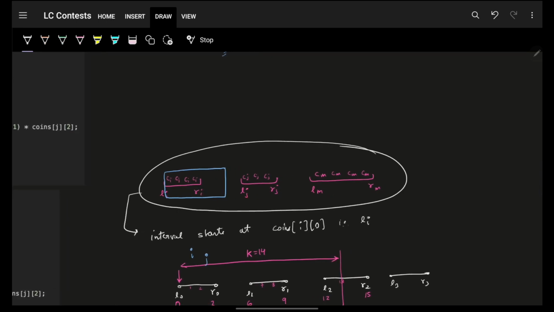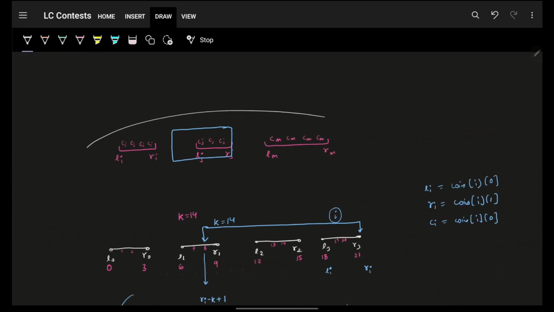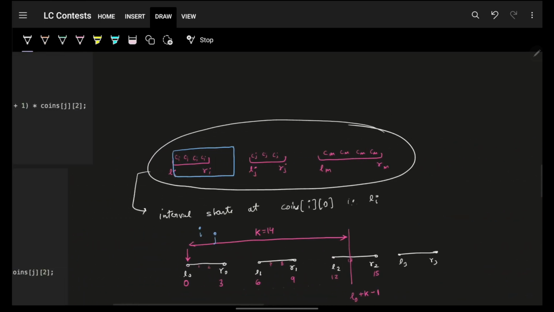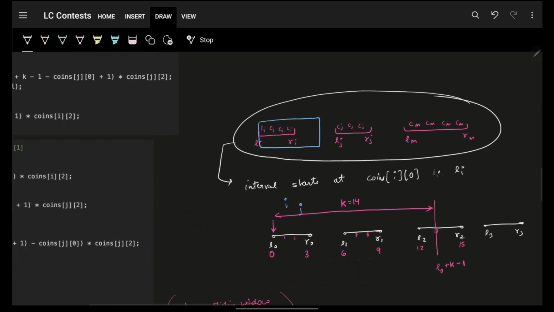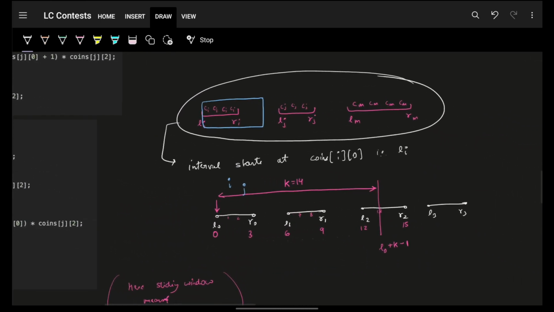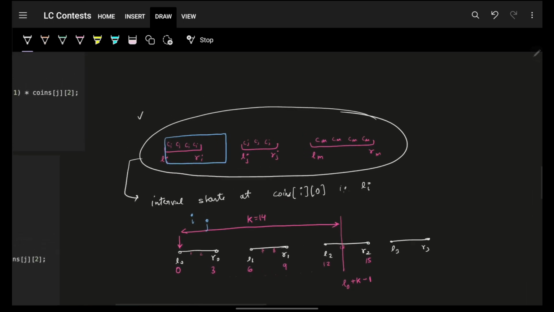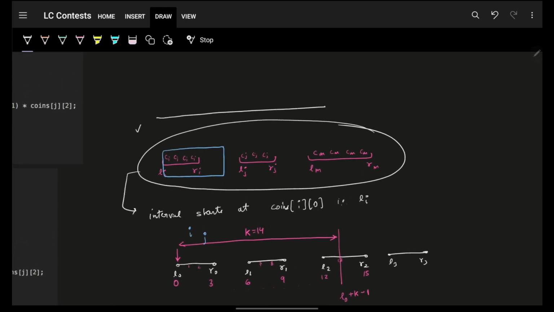Either I will start off from an interval or I will end up at an interval. We will take both these scenarios and we will now apply the sliding window approach here. What do you mean by sliding window approach? Sliding window simply says that keep on expanding the window up till the size k, because you know your window